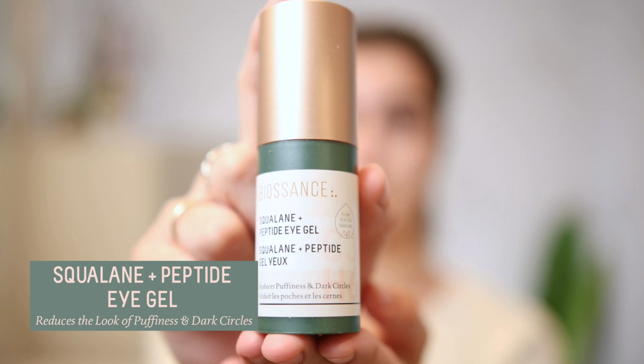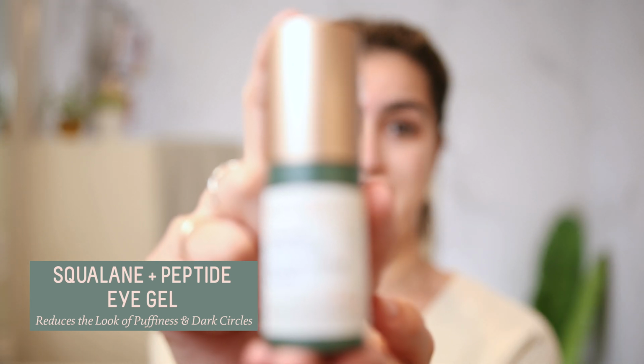So I absolutely swear by the Biossance Squalane and Peptide Eye Gel. And this stuff feels like magic. I put it on my little ring fingers, which have the least amount of pressure, and then just dab that under my eyes. And I actually bring it all the way around, which I don't feel like most people do,